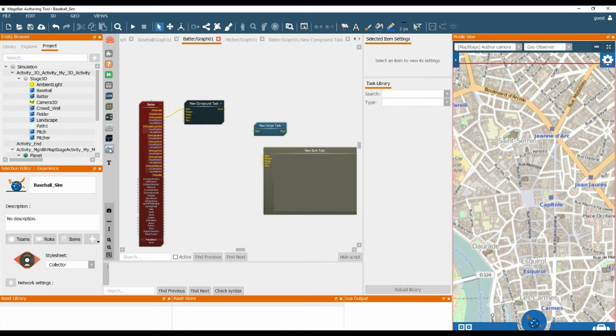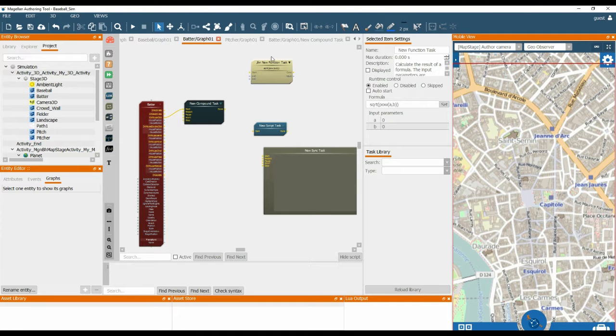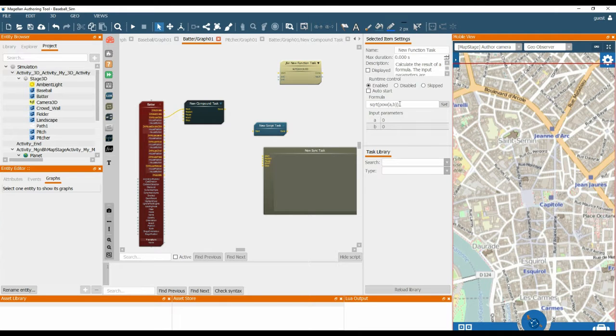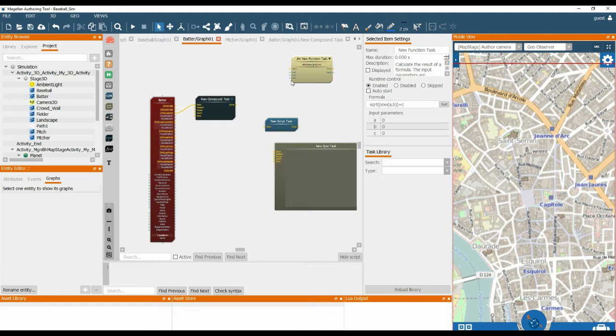For the function task, we can directly drag that onto the graph as well. For the function task, you can create different mathematical formula and have the output onto the result pin. So you create any formula you would like within the formula field. The input parameters are created directly from the formula itself. So here we have A and B. If we were to add another variable and click set, then it would automatically add the C, and we also have the input pin for C. So you would connect these to the inputs, and the result of the formula would be output on the result